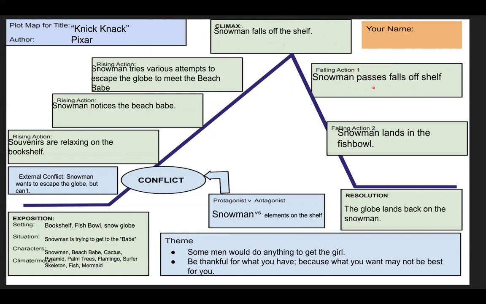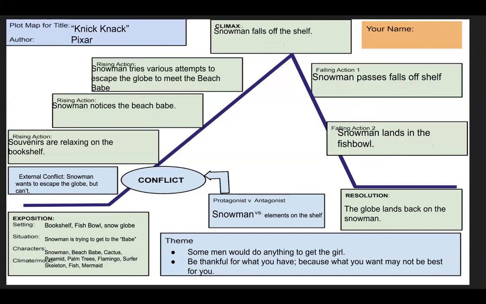He passes all the other knickknacks as he falls down, and they're all watching him. There's a little bit of awkwardness there, but he passes all of the other characters, and they're just kind of leaning over and watching him. That's what that means in my note form. And then the snowman ends up in the fishbowl right next to the beach babe where he wants to be,